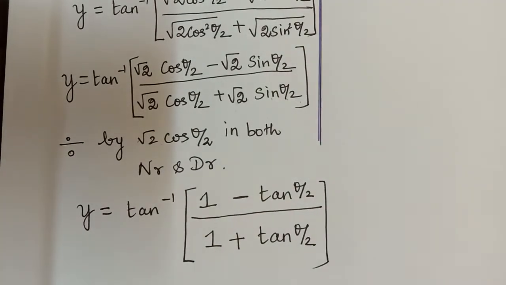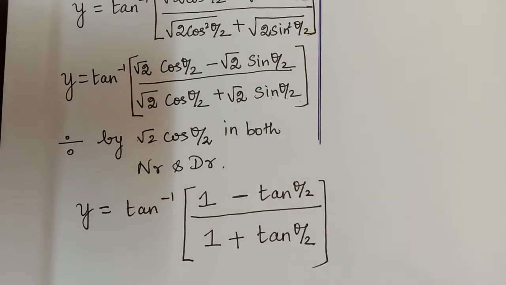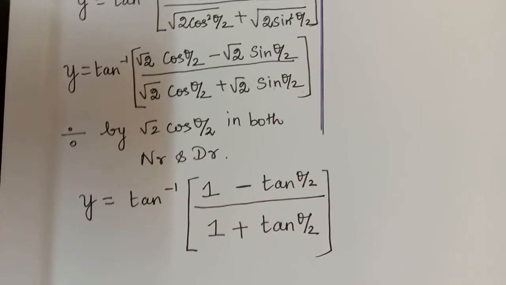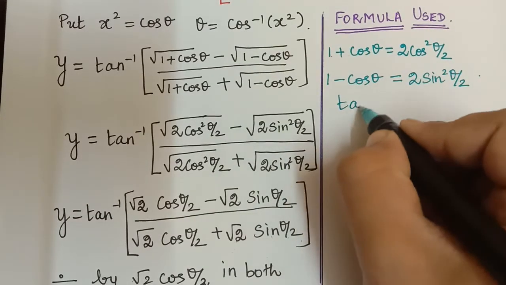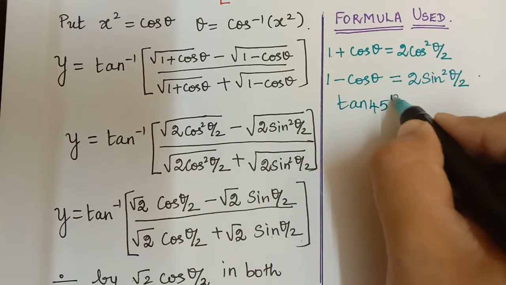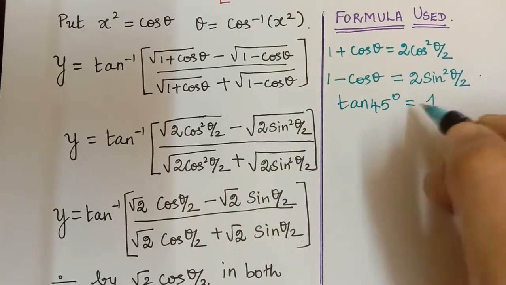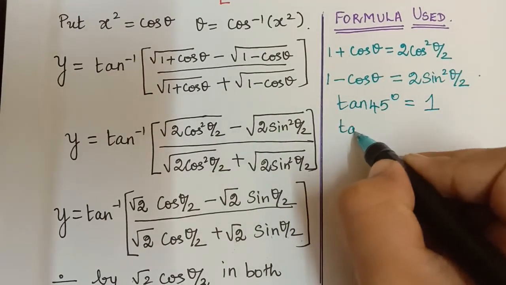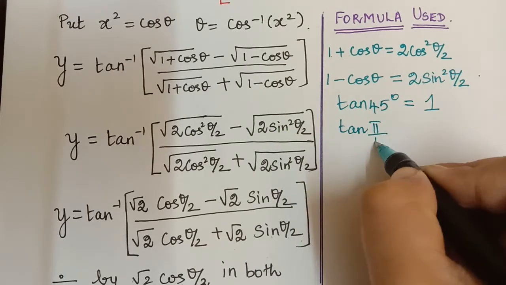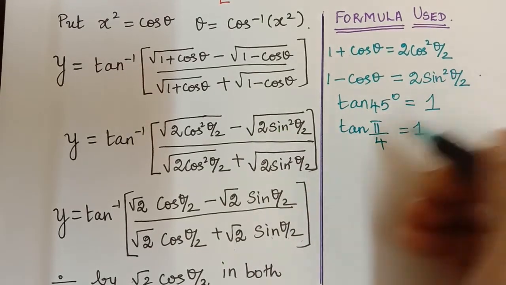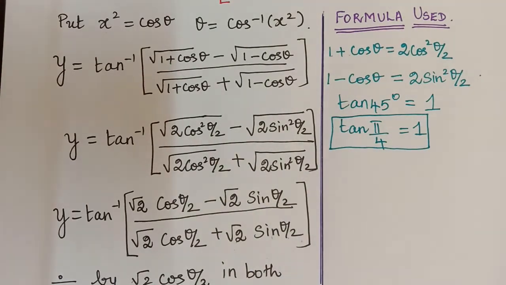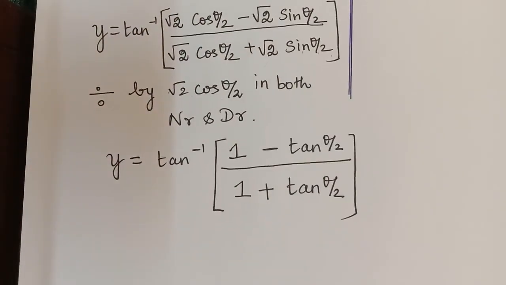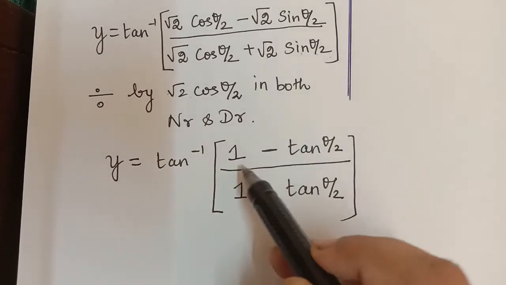Now what we are going to do is write this as, actually in trigonometry we know that tan 45 degrees is equal to 1. In radians this can be written as tan pi by 4 equal to 1. So now because tan pi by 4 is equal to 1, here at the place of 1,